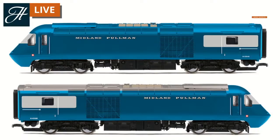And again, it's a great opportunity to get this onto your layout. The classic livery from the original blue Pullman of the 1960s has been fully replicated on the HST, both in real life and in model form too. And this will be coming through, as you can see here, with a 2-car train pack covering both of the